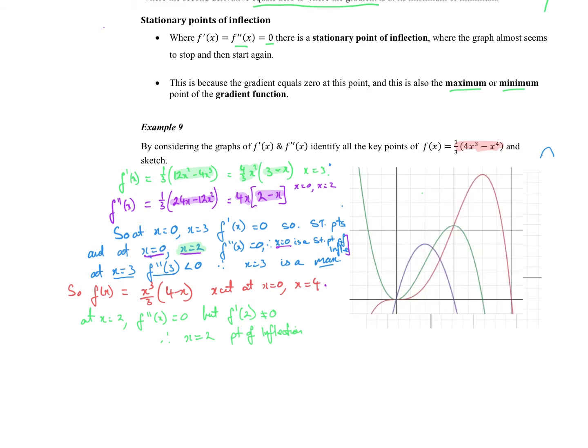So the red graph is the original. Let's have a look at the key points now. So my maximum, I'll pick a different colour, yellow. I've got my maximum up here at x equal to 3. I've got my intercept at 4, point of inflection at 0. Okay, now here, the green function there,